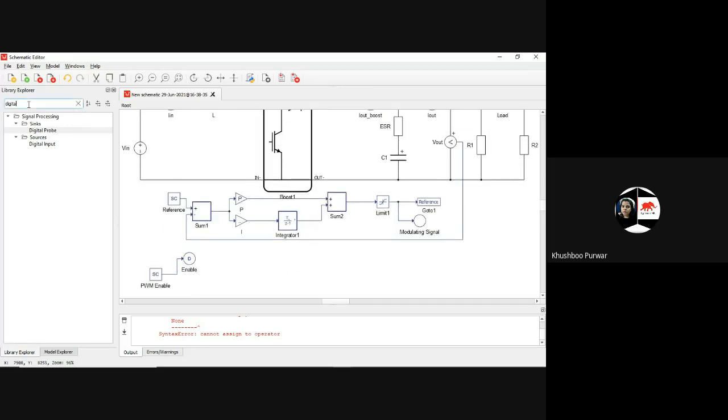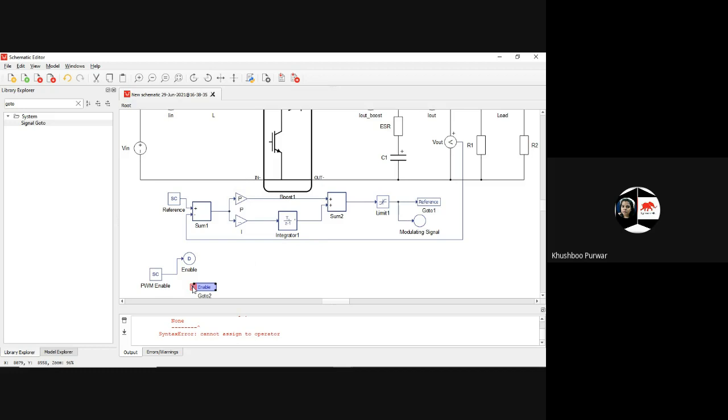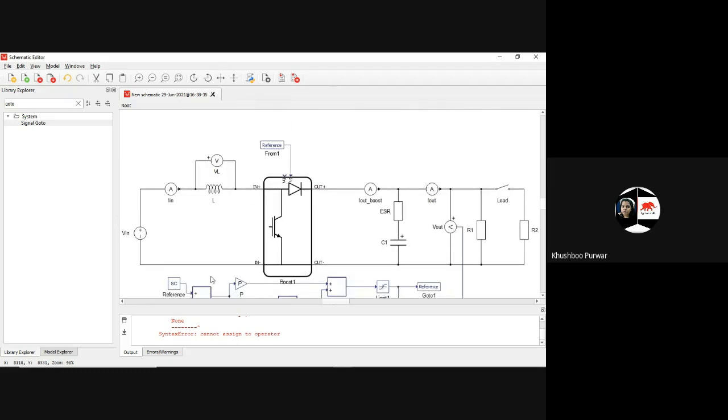And I will use one here also, I have to assign one enable. So again, I will use the Go To signal. Here I will tag it enable and make it global. And the same here, I will again fetch one From signal, from the system.